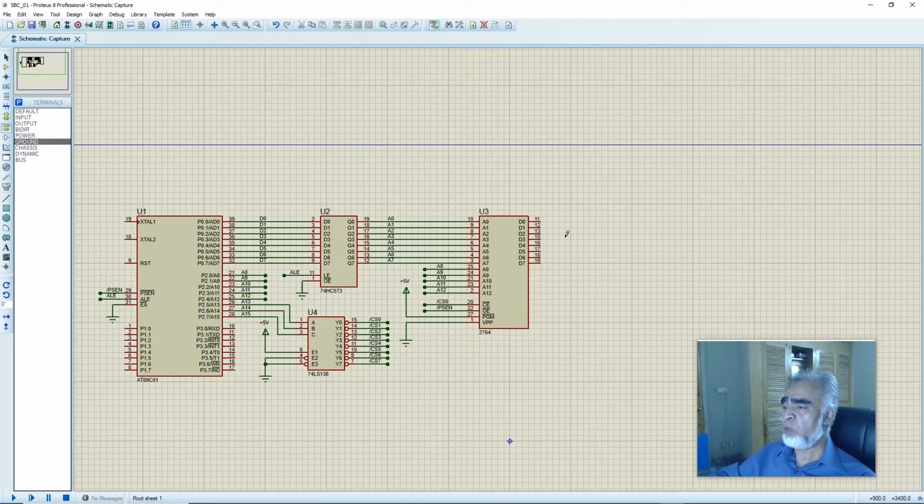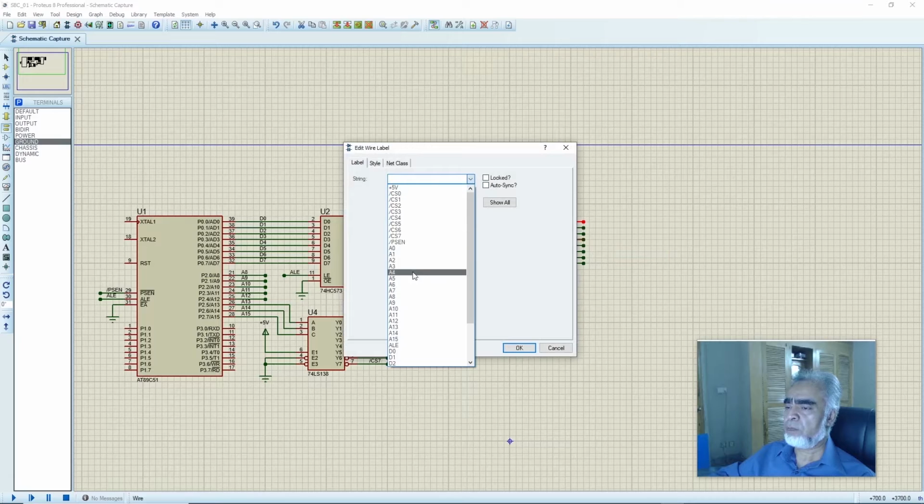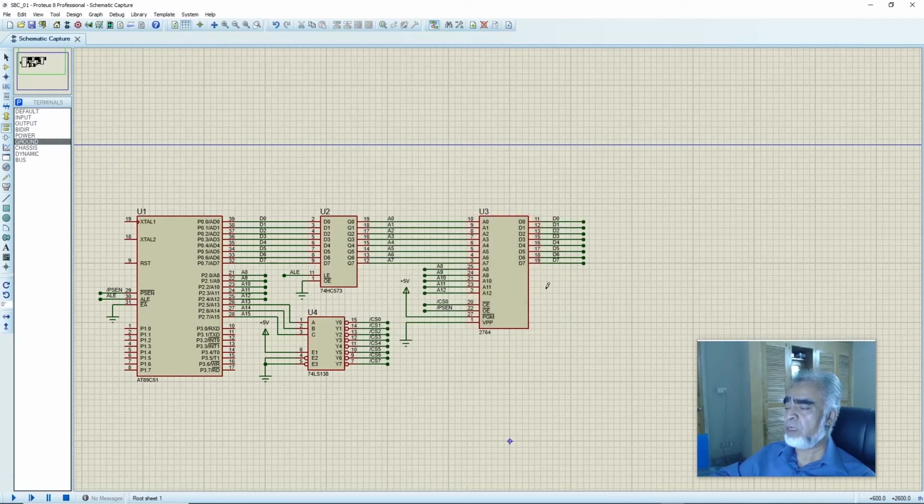And here we'll assign the label to the data bus of the 2764 as D0 to D7. And here we have assigned the label to the data bus of the 2764, that is from D0 to D7. It means we have connected the data bus of the 2764 ROM with the data bus of the microprocessor, that is from D0 to D7. And now we will add the next source code IC in our project.